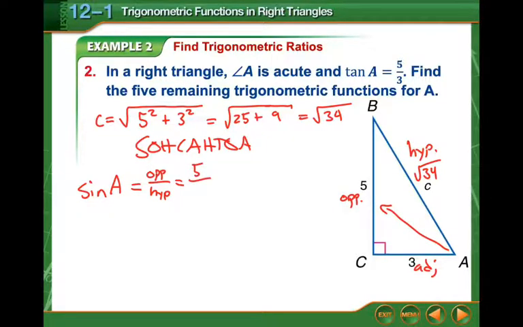Now, in mathematics, there's rules here, and we can't leave a square root in the denominator of a fraction. So we have to multiply this. The easiest way to do that is to multiply by the square root of 34 over the square root of 34. That will get rid of the square root on the bottom, leaving us with just 34. And unfortunately, we have kind of an ugly number, but it is 5 square root 34